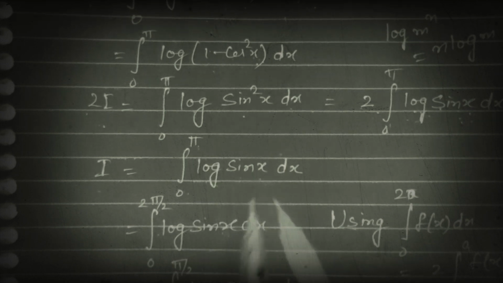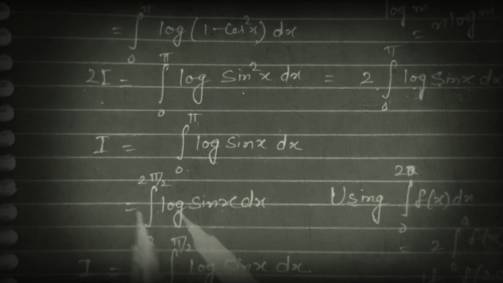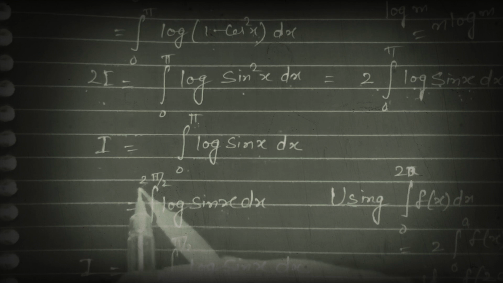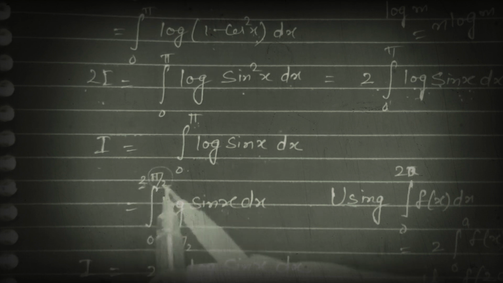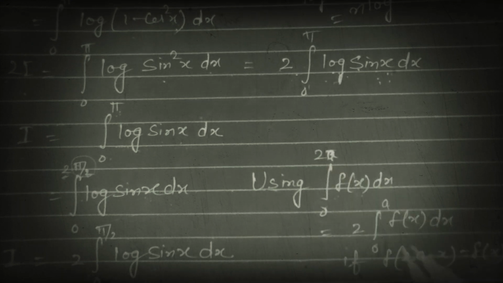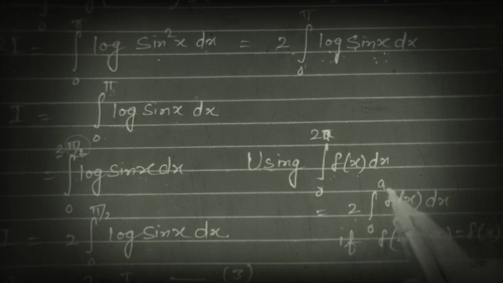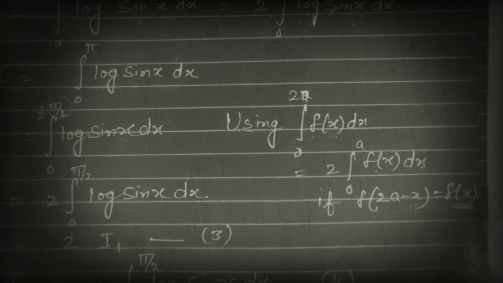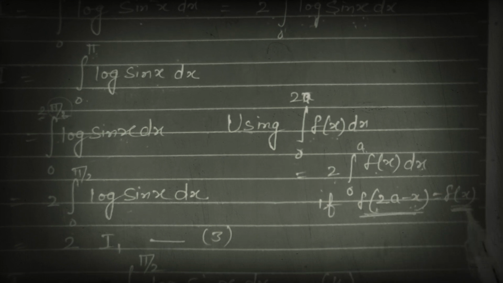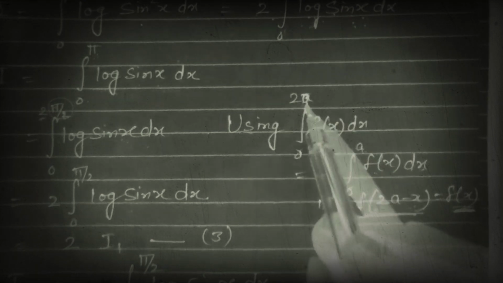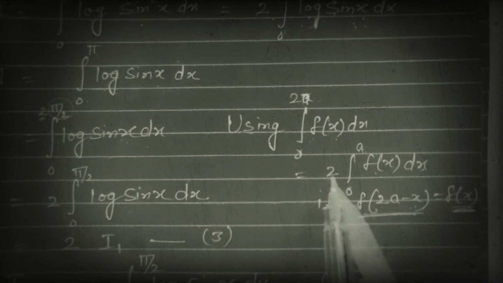Here we will use one more property, second last property. In that, pi को अगर हम 2 से मल्टीप्लाई करें, 2 से डिवाइड करें, it is 2 pi by 2. Suppose this is 2a. Then we will use this property here. Limit is 0 to 2a. Integration of f(x), limit is 0 to 2a, को हम लिख सकते हैं double of 0 to a f(x) dx, if f of 2a minus x is equal to f(x). अगर f of 2a minus x किसके इक्वल है, f(x) के इक्वल, तो हम क्या लिख सकते हैं इसको, double of 0 to a.